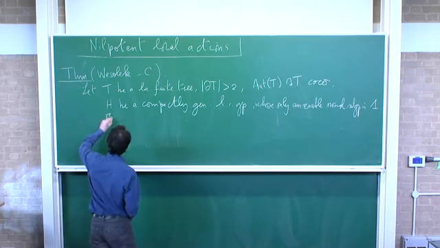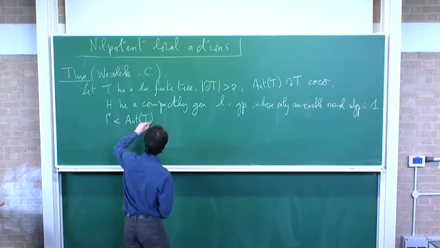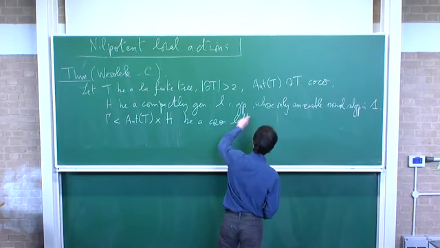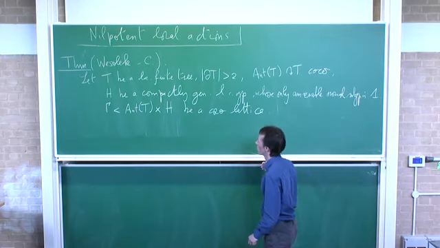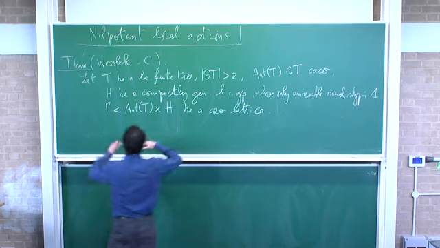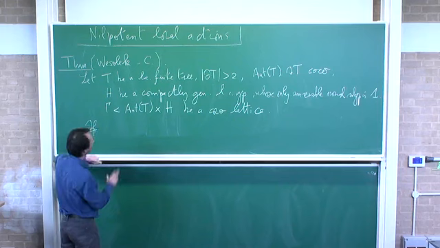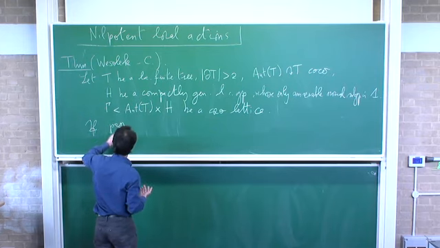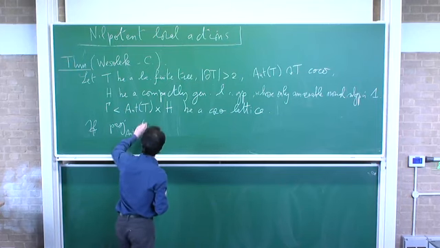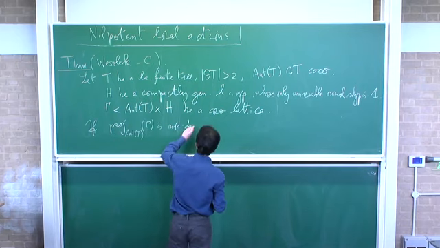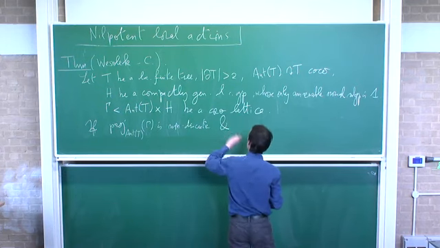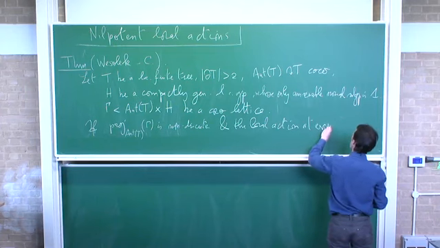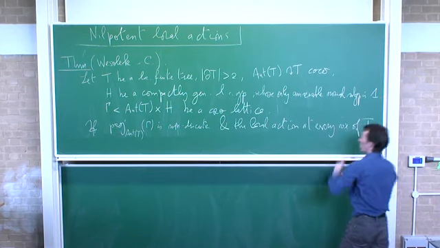And let gamma be a co-compact lattice. Okay, so what I want to say is that if gamma is irreducible, then we know that one way to say this is that the projection on Aut T of gamma is non-discrete, and the local action at every vertex of T is nilpotent,